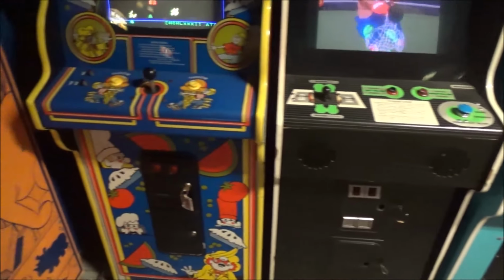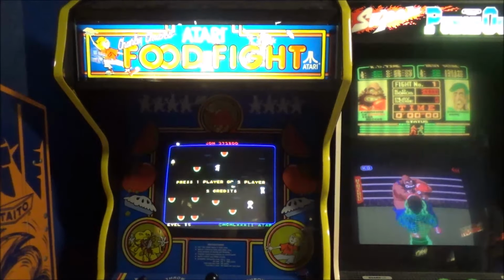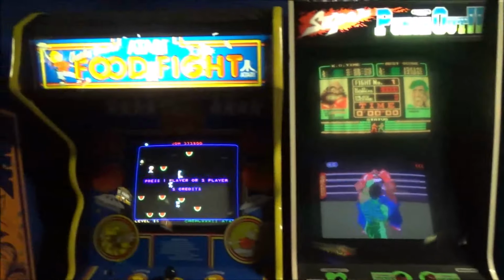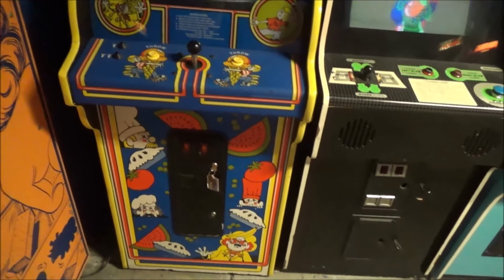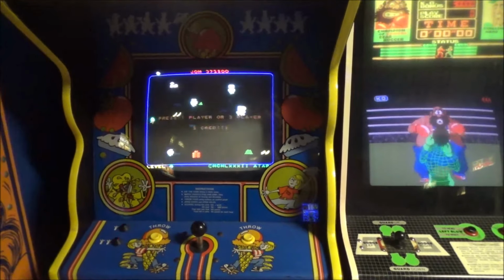But they're awesome. Food Fight. This is probably my second favorite arcade game. Actually, I said 720 was my second favorite Atari game. Food Fight's my second favorite Atari game. Sorry, 720, you're number 3. I love the artwork on this cabinet. The game is so fun. I got this in